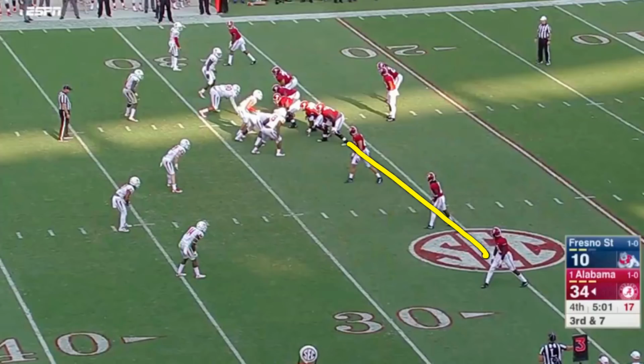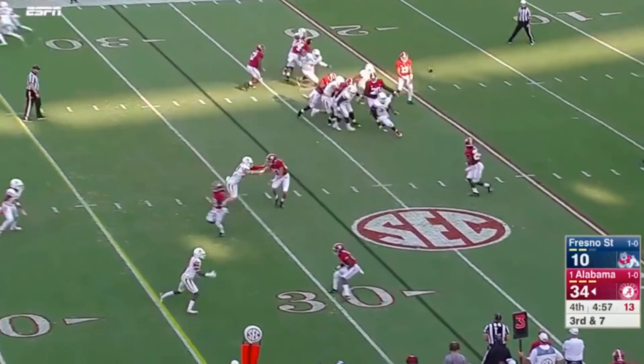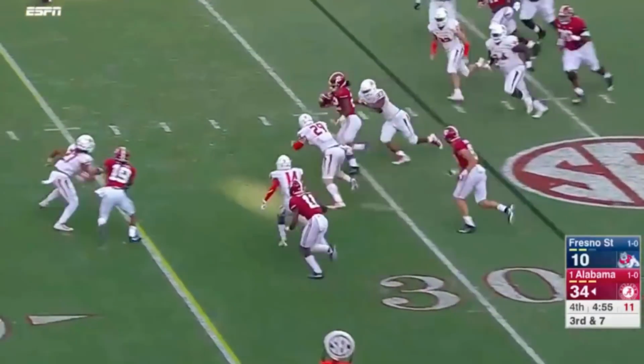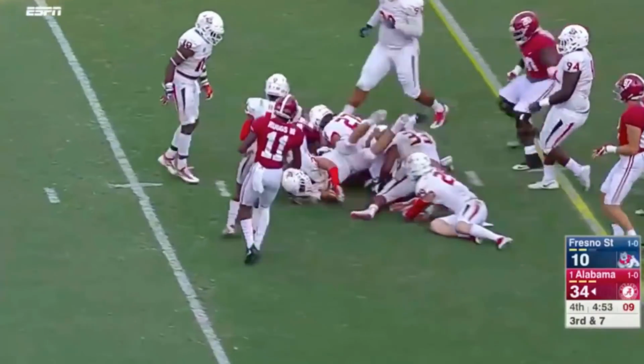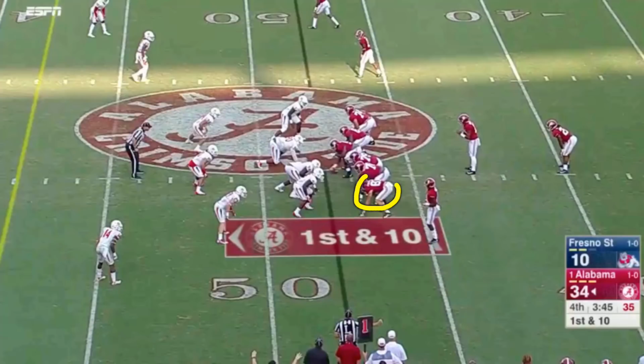We've got 3 receivers out here going to screen the back out underneath. So it's a pass attempt, but it's a straight screen call the entire way on 3rd and 7 up big in the 4th quarter. His 8th pass attempt was a little bit different. He's in that pistol, tight end here, receiver here, and tight on the backside, but they motion him across and